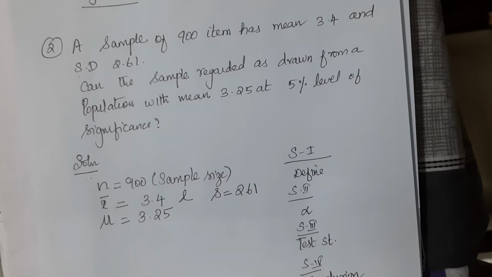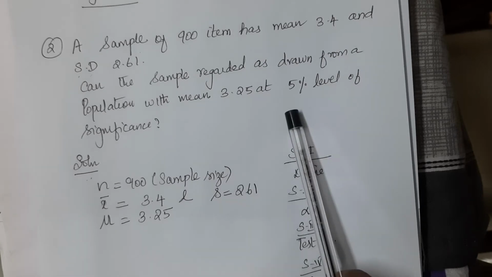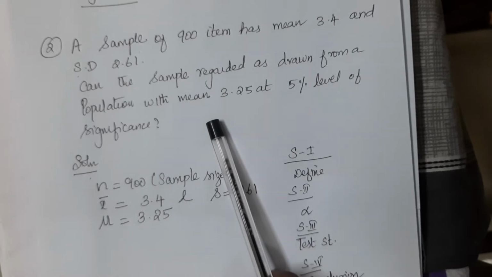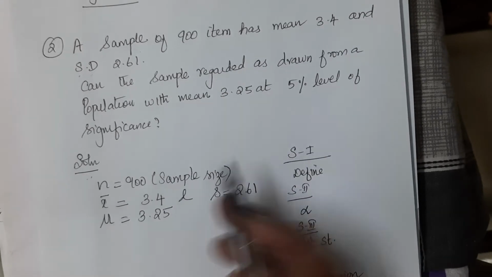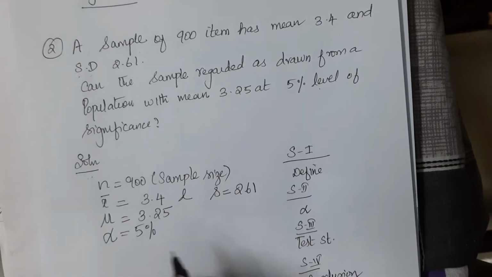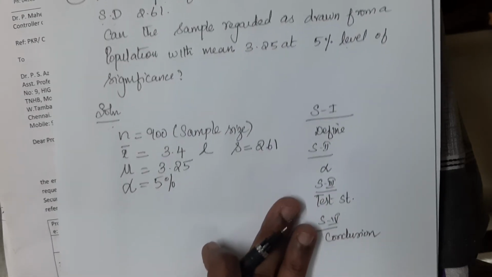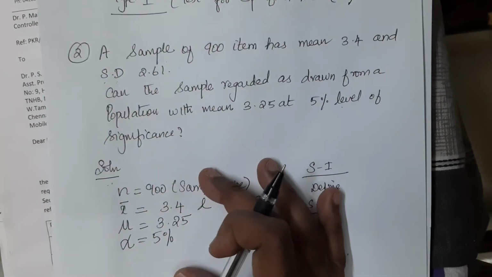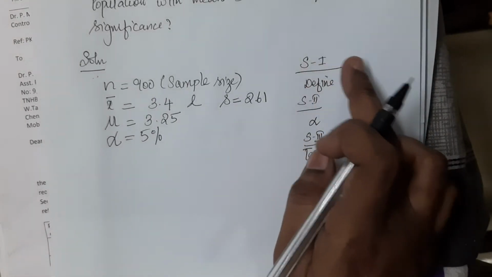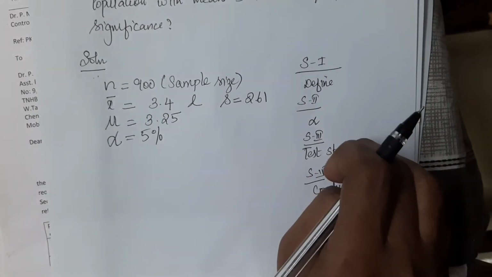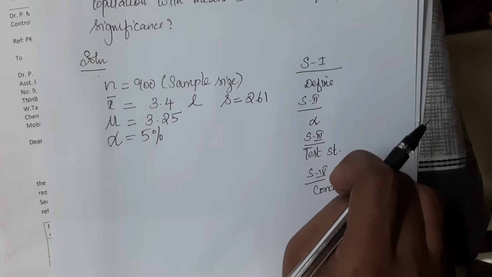This problem is very clear. They have stated we have to test this population at 5% level. Whenever the level of significance is given, it is denoted by alpha, and alpha is equal to 5%. So this completes the first part to start the solution, that is transforming the data into mathematical notation for our convenience and understanding of the problem. So these are the 4 steps. Now let us proceed one after the other to draw the conclusion and complete the problem.